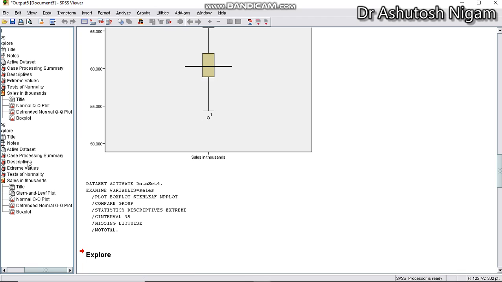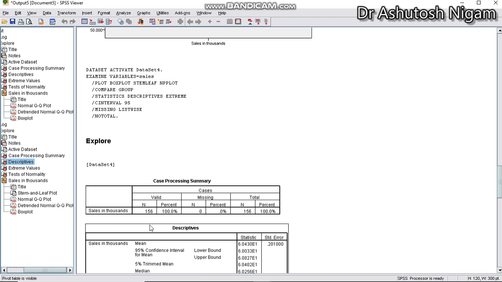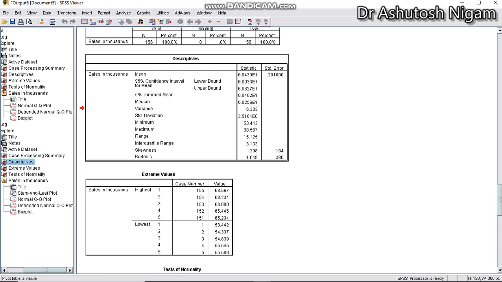Now let me start from here. We have the data of 156 respondents. It is descriptive statistics: maximum value, minimum value, skewness, kurtosis, interquartile range. The 5% trimmed mean is another measure. Sometimes it gives us a rough picture of whether an outlier exists in your data or not.